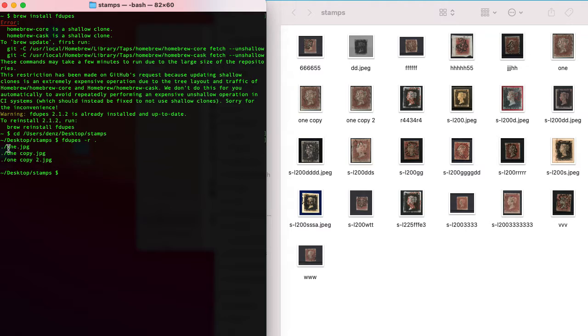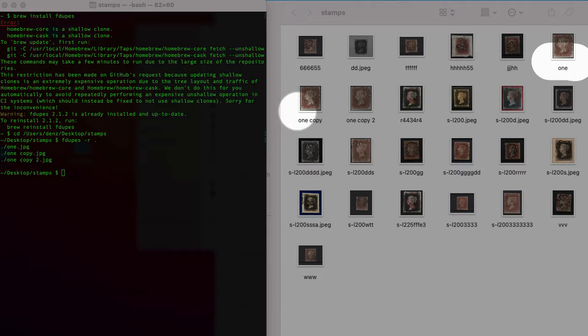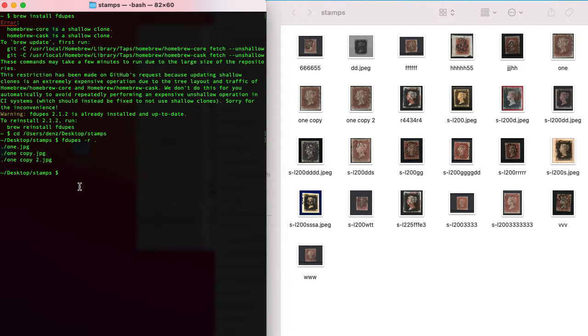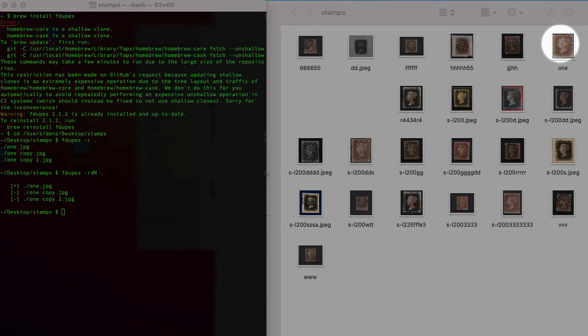Found 3 duplicate images, one copy. This is this and that. So you need to remove the second and third, and the first must remain. So you need to do fdupes -a d n space dot. So this image remained, and we removed the two other